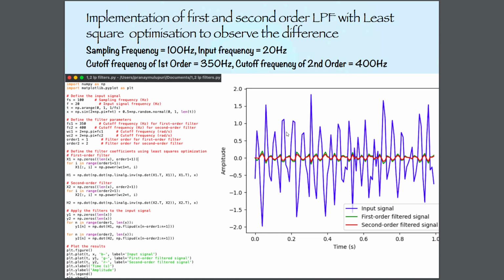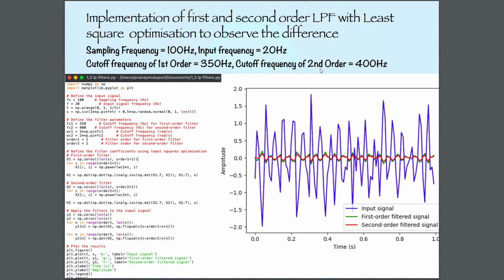Next, here we have the implementation of first and second order LPF with least square optimization to observe the difference. Again, we are taking a sampling frequency of 100 Hz and an input frequency of 20 Hz. Cutoff frequency of first order we have taken 350 Hz, and for the second order we have taken 400 Hz. So these cutoff frequencies don't really matter. Here we are taking the second order frequency as 400 hertz just to let us know the difference